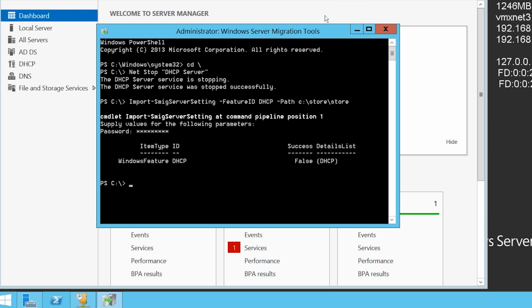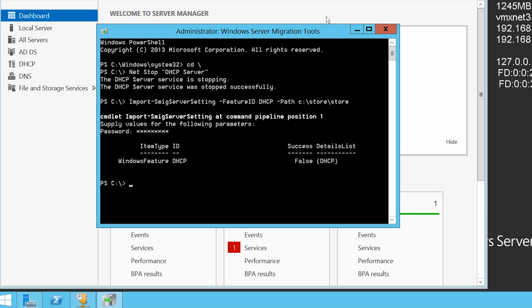It appears that the command has run. However, notice under Success the result is false. It is important when running the command to check this to make sure it was successful. Unlike a lot of other commands in Windows, the fact that it has failed is not that noticeable. In the case of the DHCP role, I need to add the switch -Force to the end of the command